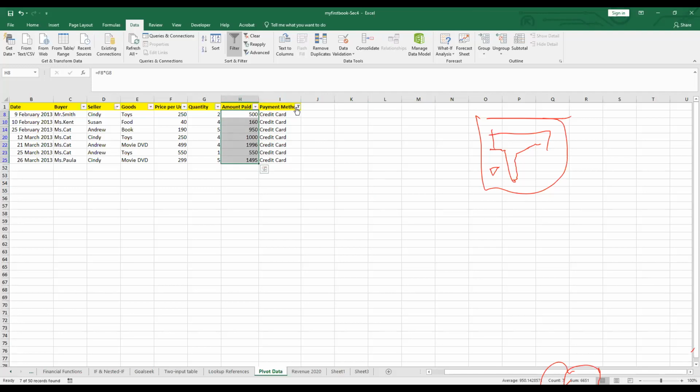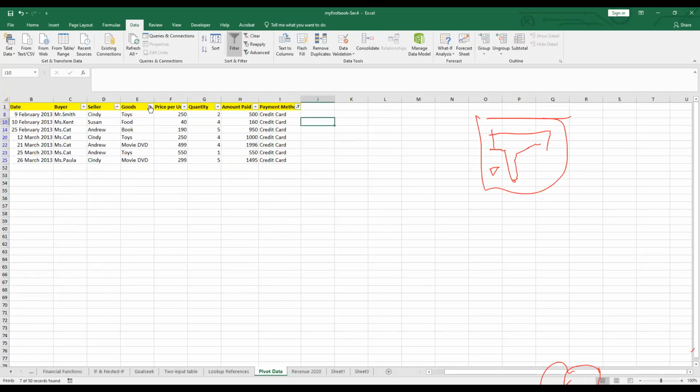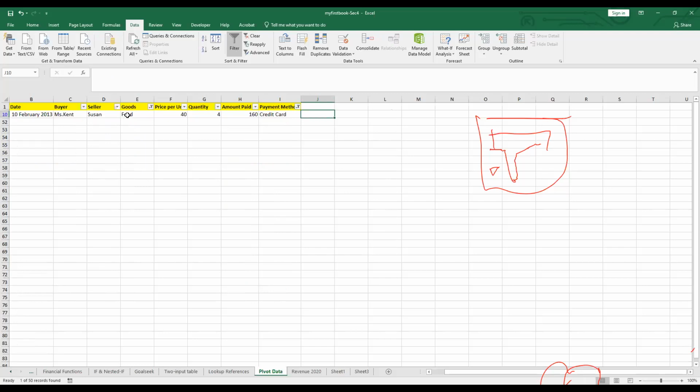We use the filter, and when you use the filter, it doesn't affect or impact the structure of the data. So if you don't want it, you just clear the filter. To clear the filter, you click on the funnel shape here and choose clear filter from payment method. Now it's cleared. Or if you have set up filtering on many columns, say 2-3 columns, and you don't want 2 of these columns anymore,